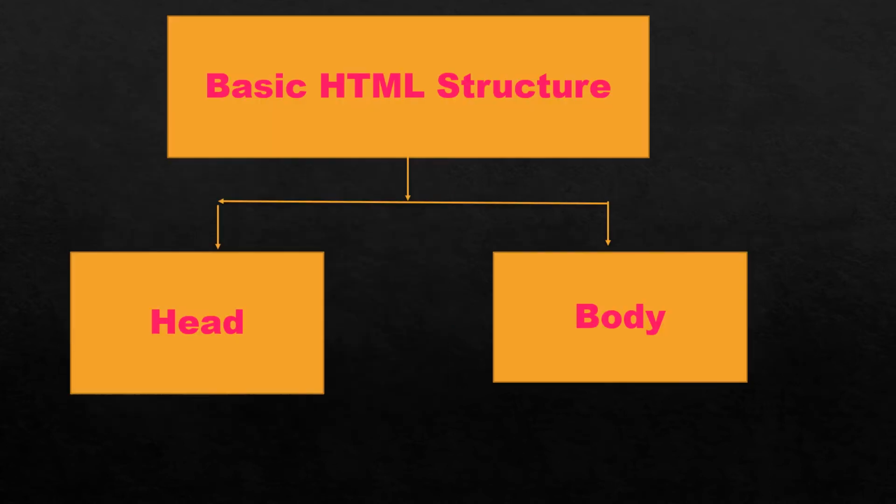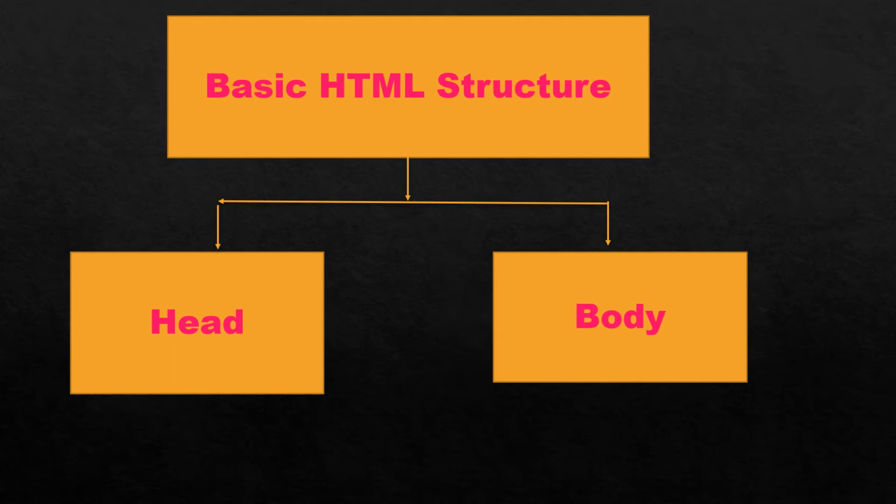So there are two types of components in HTML structure. First is head and second is body. We'll start with the head. The head component of an HTML structure does not contain any data to be displayed in the web page itself. Means HTML code instructions are used to help you categorize the final web page. The head section normally contains the title and metadata for a web page.